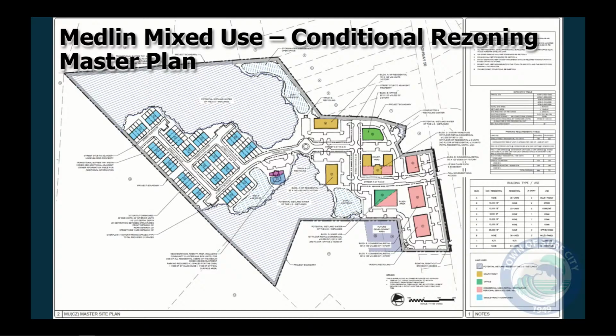Very similar to the project before this, they will be doing a recombination plat to combine all these properties to eliminate any potential building code issues with proximity to property lines. If approved, in the future, the townhome development would be subject to a subdivision process, just as the individual buildings on the front side of the property along NC50 would each be subject to site plan review.